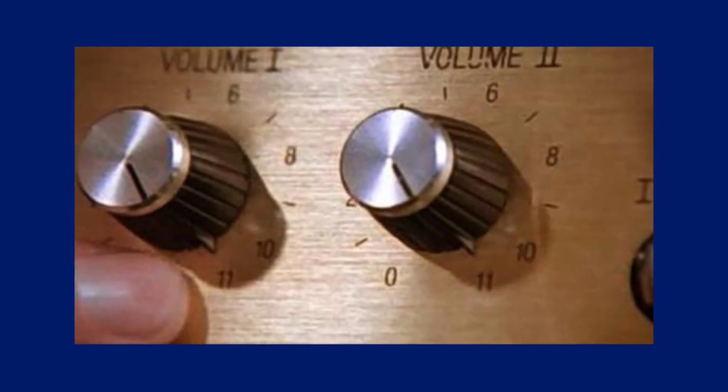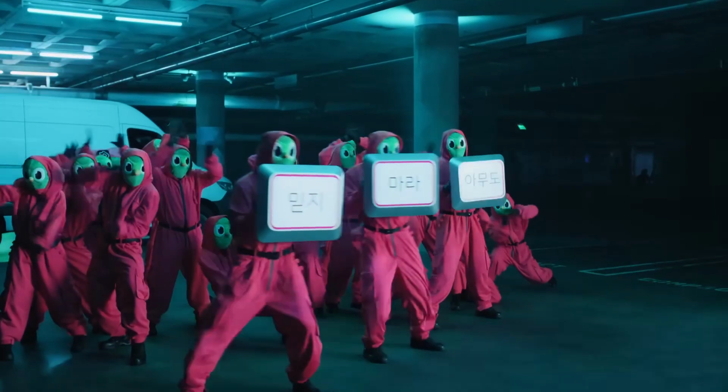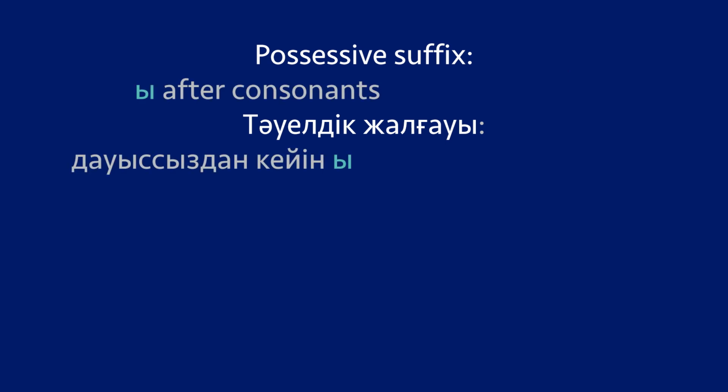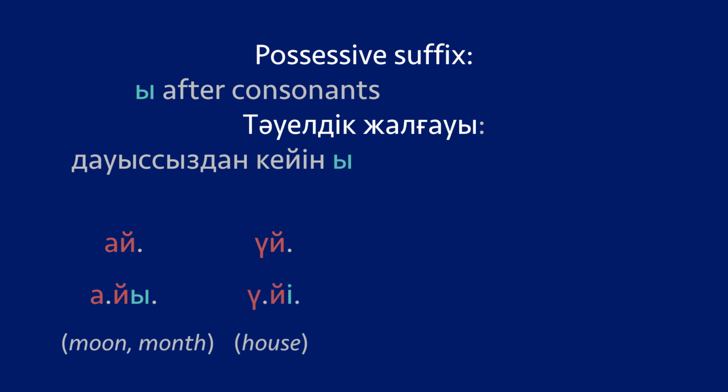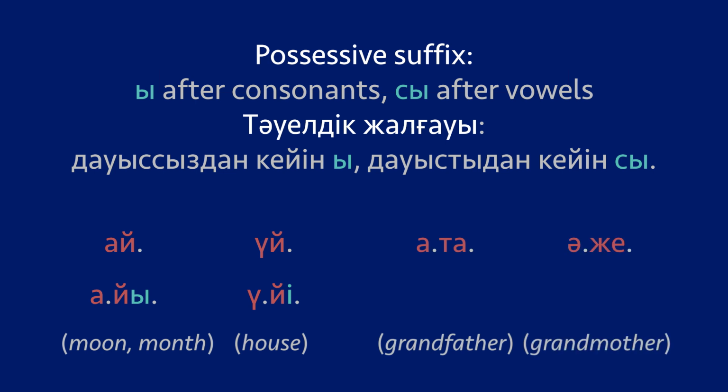If you think to yourself, why should I bother with this complicated stuff? Why not just treat them as the 10th and 11th vowels of the alphabet? Well, if you want to attach the proper suffixes, you have to know that they are not vowels. The third person possessive suffix attaches directly if the preceding sound is a consonant: I, Aya. But if the preceding sound is a vowel, then a filler consonant s is added in between. Ata, Aje, Atase, Ajese.